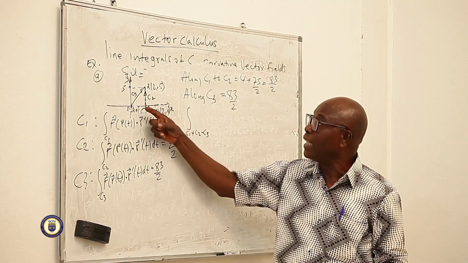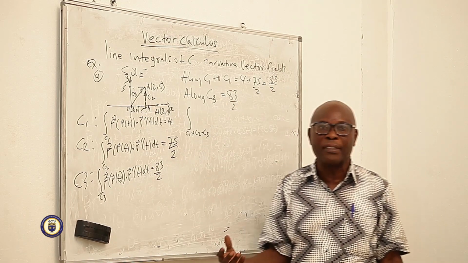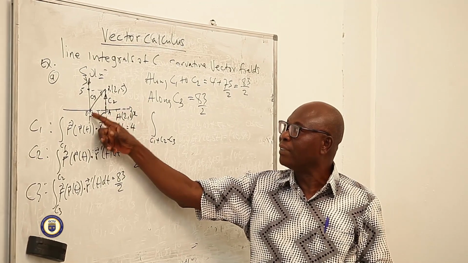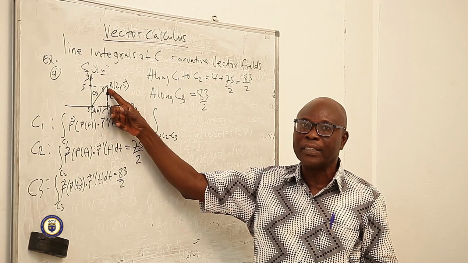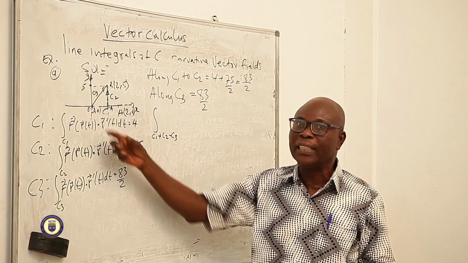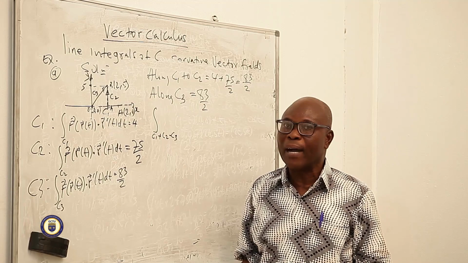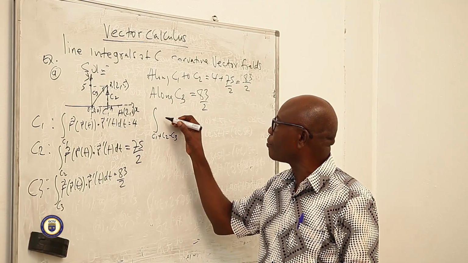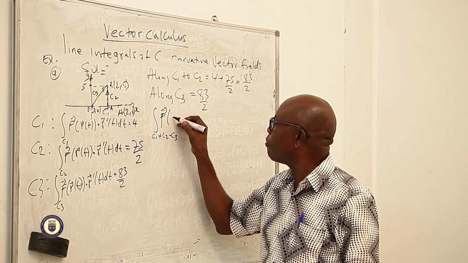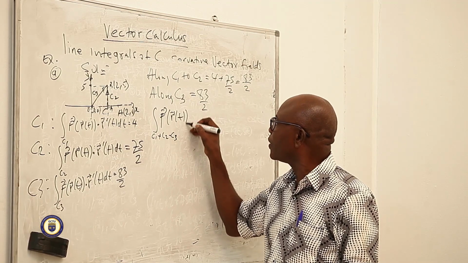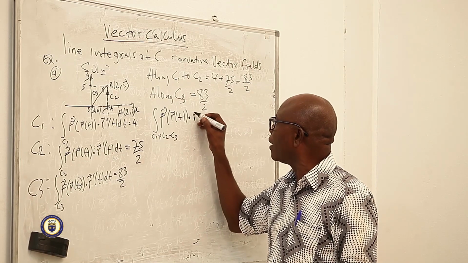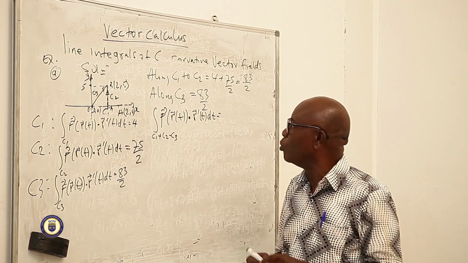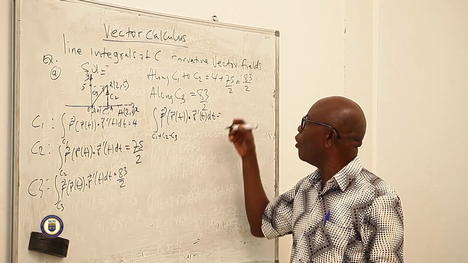That is C3, we are talking of vector fields. Vector field direction is very important. And so OB gives us this direction. So if you want B to O, it is a negation of the path which is C3. So minus C3 of F of r of t dot r prime of t dt